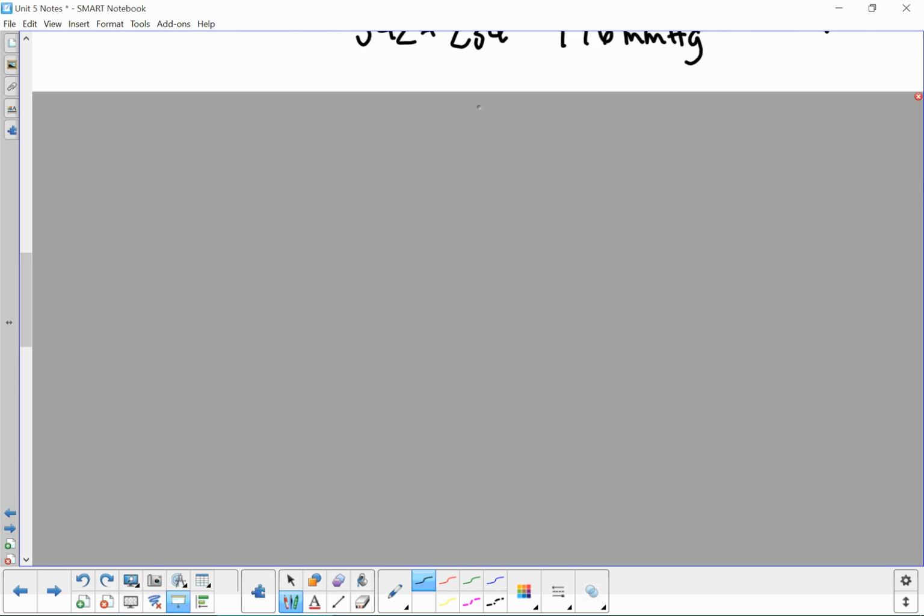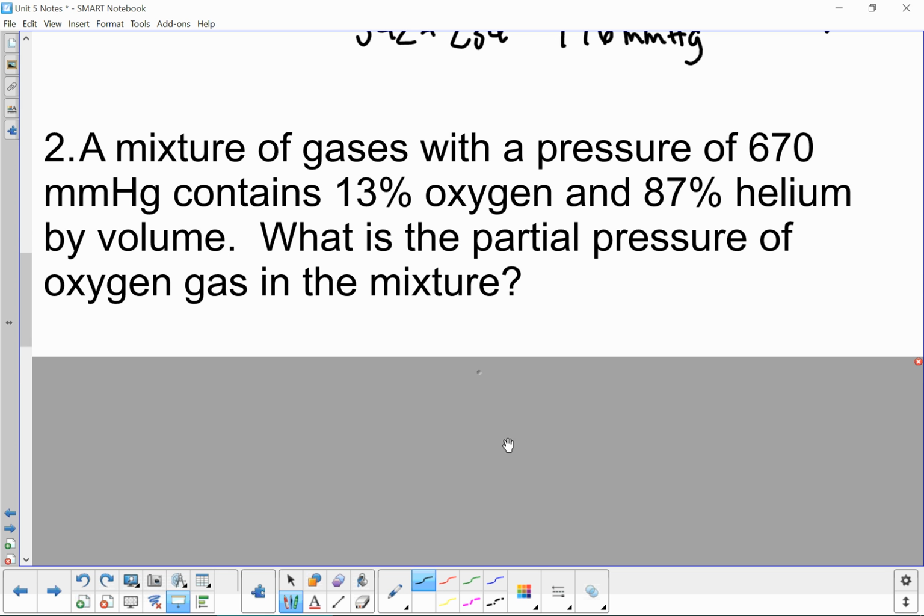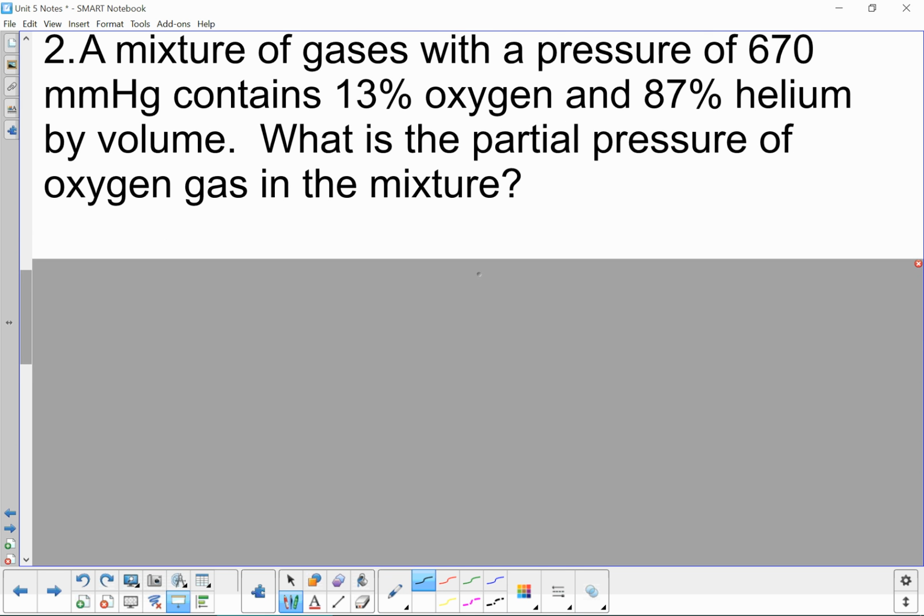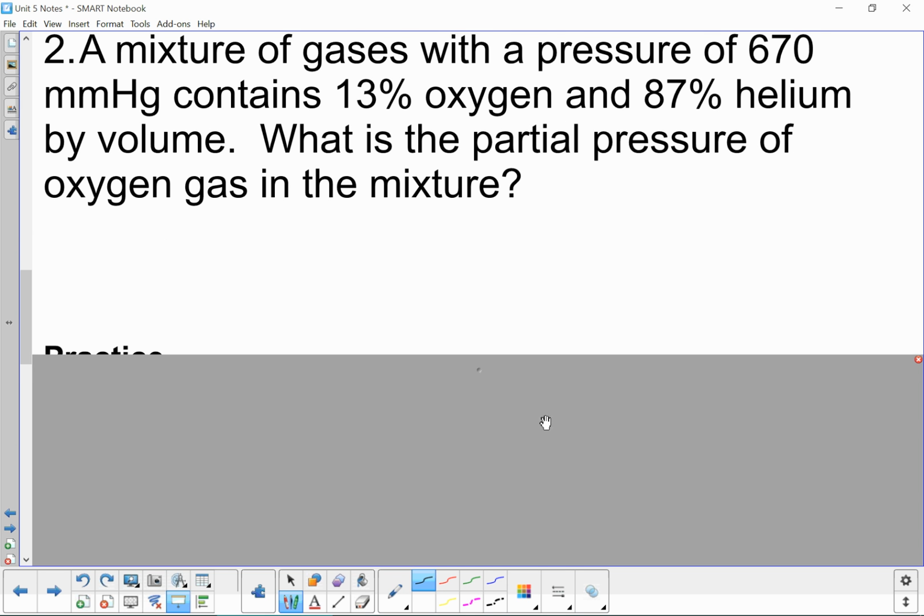Every once in a while, they're going to try to trick you with percentages and Dalton's law, but basically you just have to remember your percentage rules. So if I look in here, again, maybe you want to highlight to find your numbers. So I see that, I see that, I see that. And so this tells me already that the total pressure,